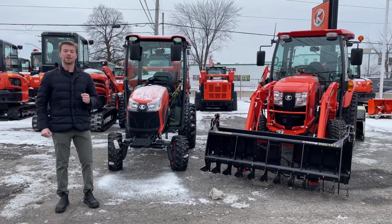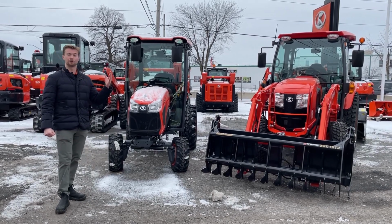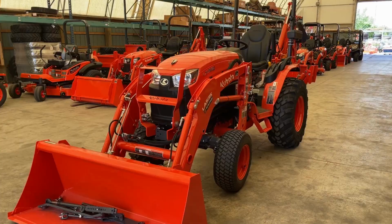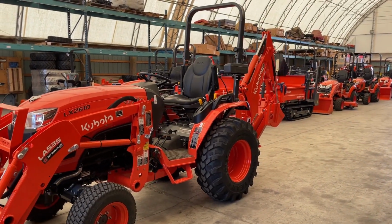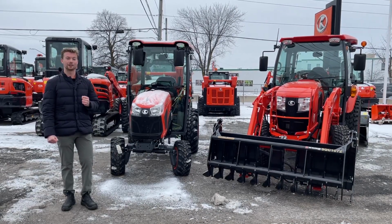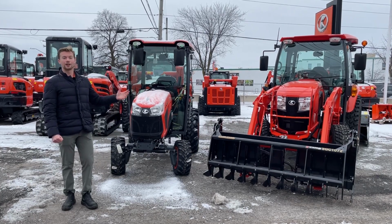One of the most important things you're going to consider when you're buying a new tractor is the lift capacity and the performance of the front end loader. I know this LX doesn't have a loader on it right now, but I will show a video of one so you can get an idea of what kind of size of loader will be on it. But the LX takes a LA 535 loader, and if you remember from Kubota, the number on the side of the loader means the lift capacity in kilograms. So the LX will lift about 535 kilograms